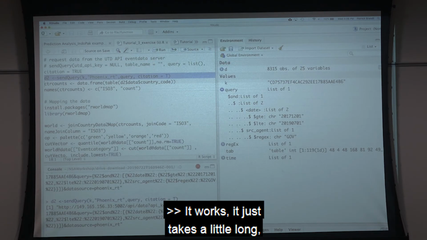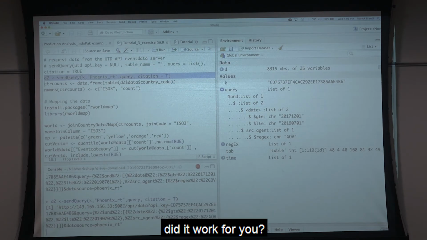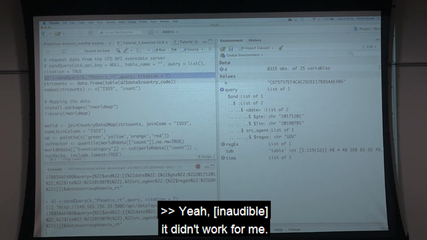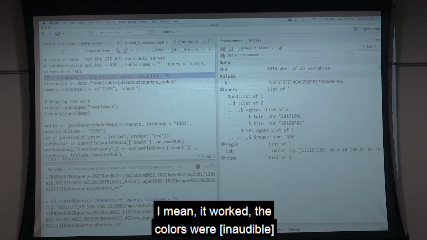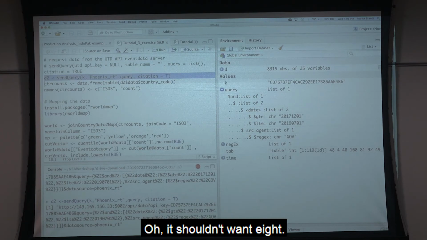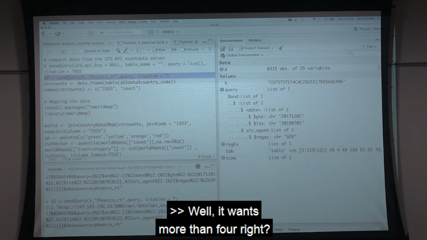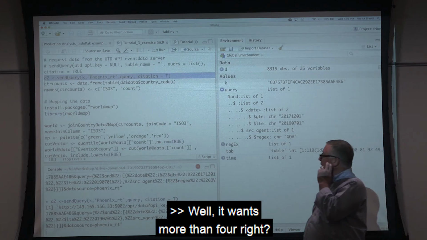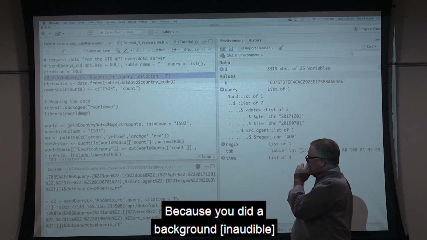Did it work for you? Yeah. It didn't work for me. I mean, it worked. The colors are just wrong. The interpolated colors. It wanted 8 colors. Oh, it wanted 8? Oh, it should want 8. What's more than 4, right? Because you need a background color plus